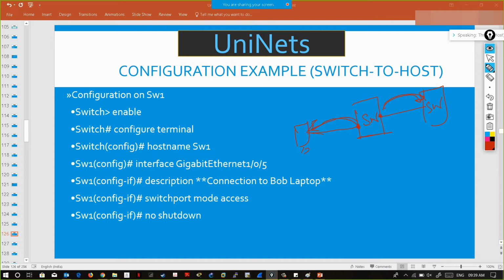In order to notify that this interface is connected to a switch, it will behave in some manner, and if you notify that this interface is connected to a PC, it will behave in another way. In order to differentiate that behavior, you are telling how it is connected, right? It is very simple, like